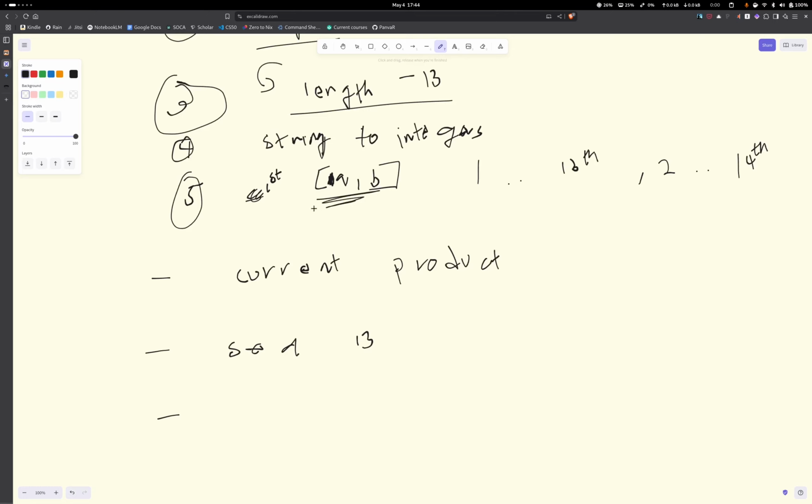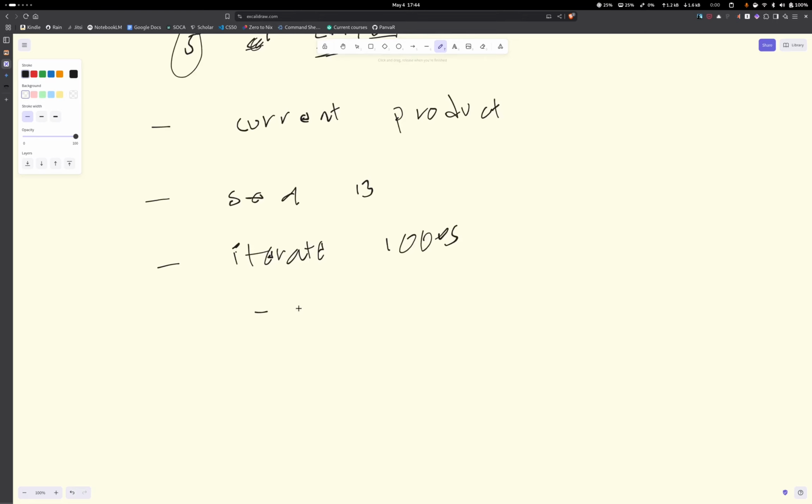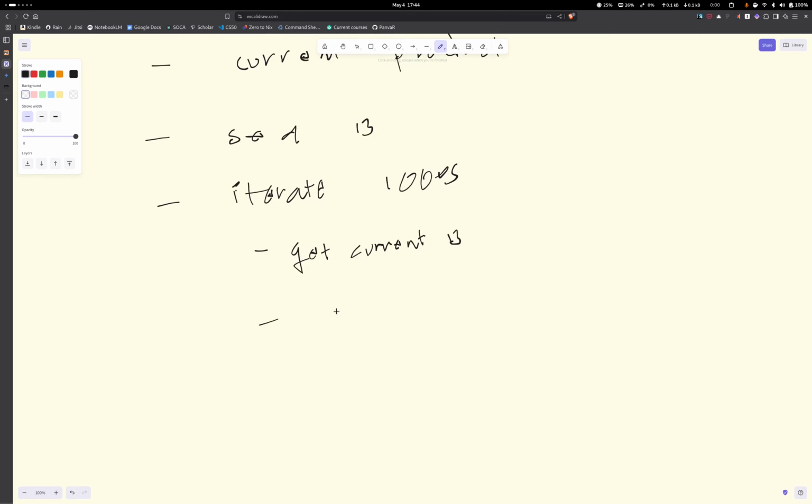So this was a placeholder for the index of the current 13 digits, but we need to actually iterate through the 1,000 digits. Get current 13, get product of current 13,